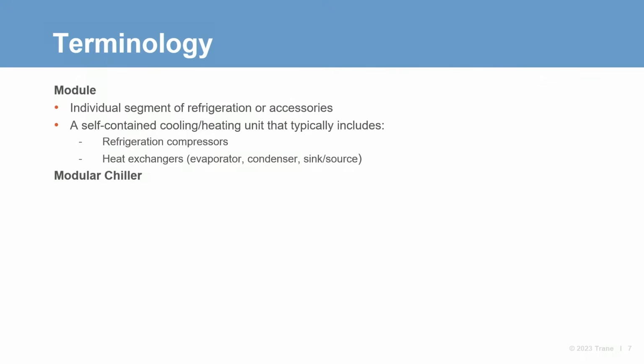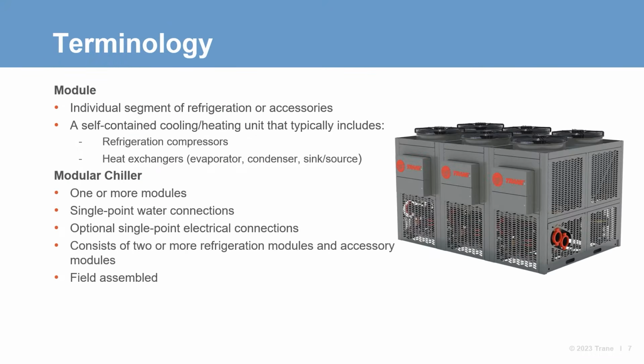The next term is modular chiller. A modular chiller consists of one or more modules acting as a single entity. Like a packaged chiller, a modular chiller has single-point water connections, may include single-point power, and a single building automation system communication connection. Each module has a control unit, but the chiller is controlled by one controller, designated as the primary controller, staging circuits on and off to maintain leaving fluid temperature. Single-point power is available, making the individual chiller modules working together look like a single chiller from the electrical side